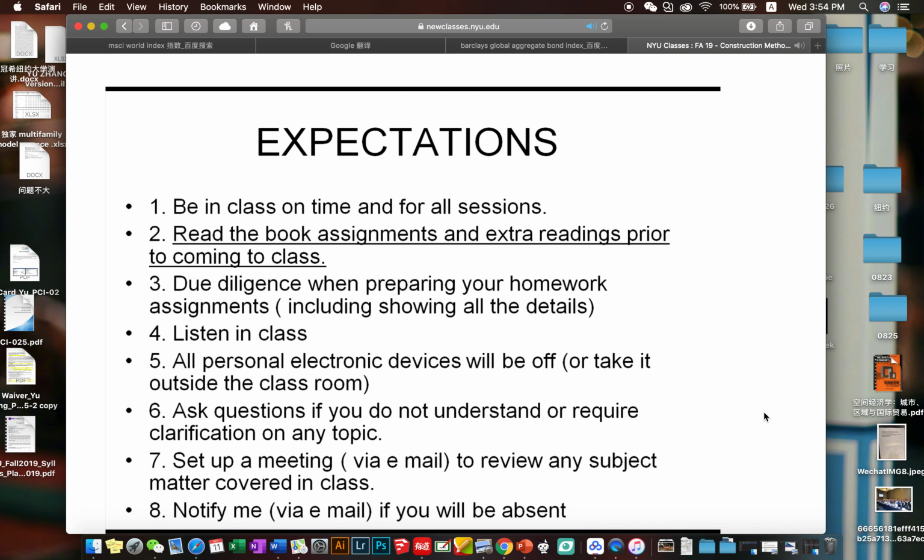Try to read ahead those assignments. Again, it'll help you be prepared for the coming classes. So try to keep up with the readings. Please submit good, well thought out homeworks. If it's anything that requires showing work, show me that work so I can get you partial credit and do the best I can to give you the highest grade possible, even if the final solution isn't right or